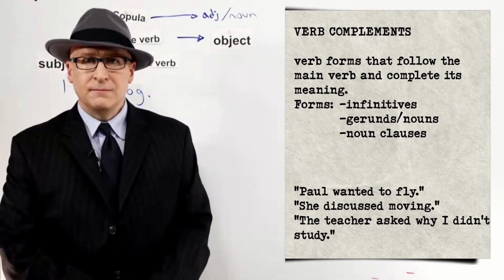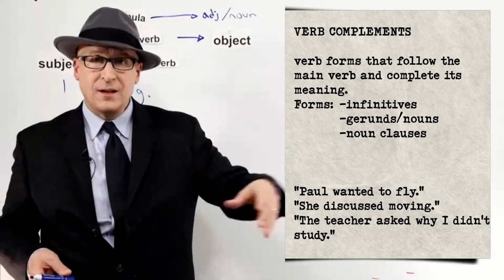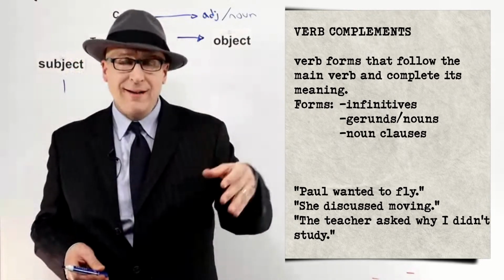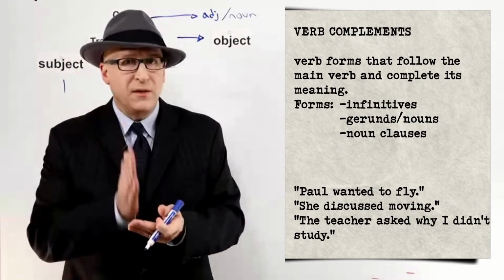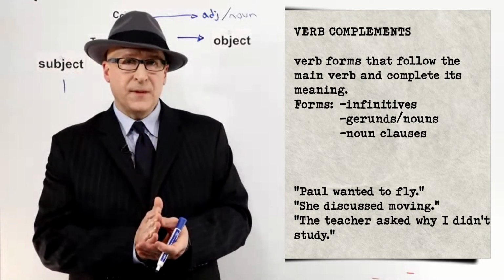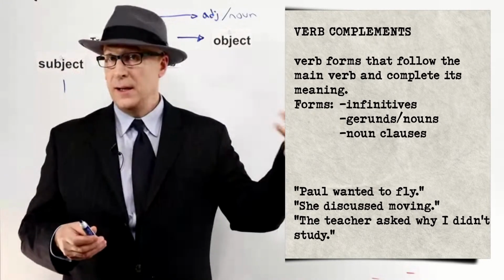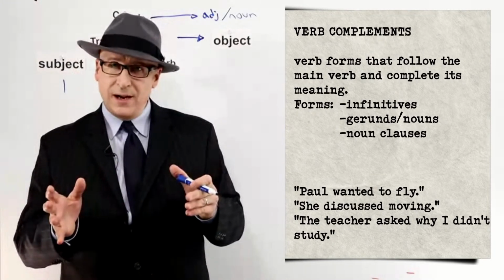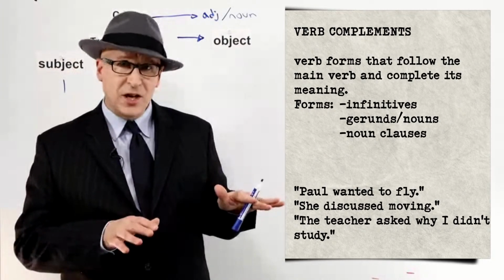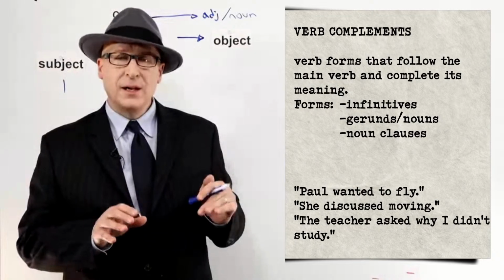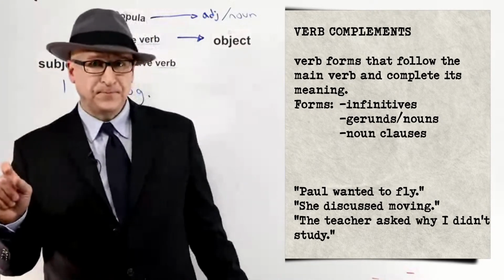I discussed. You discussed what? You have to discuss something, the same way you have to enjoy something. Okay, discussed is transitive. It must be followed by a direct object. And the direct object can be made of a noun, like she discussed English, or a gerund noun. She discussed moving. Okay, moving is a gerund. It's no longer a verb. It's a noun. She discussed moving. Moving is the name of the activity.